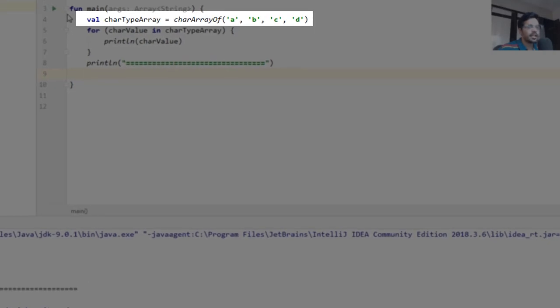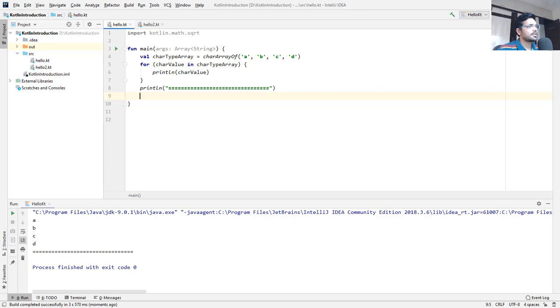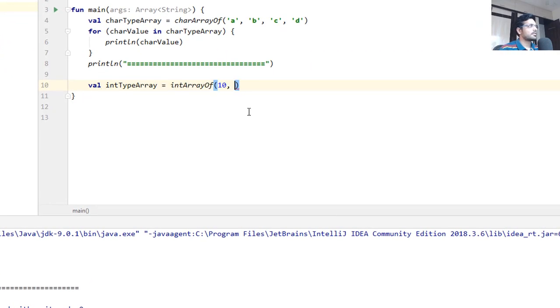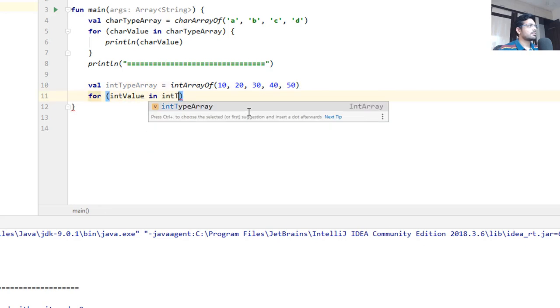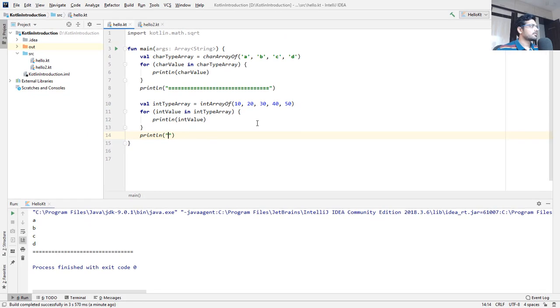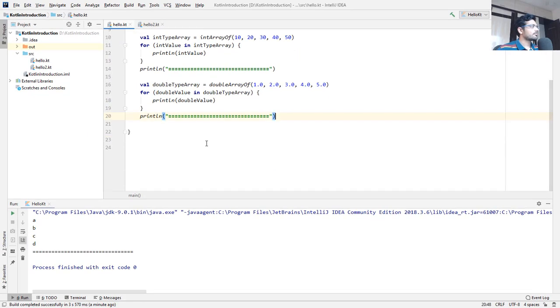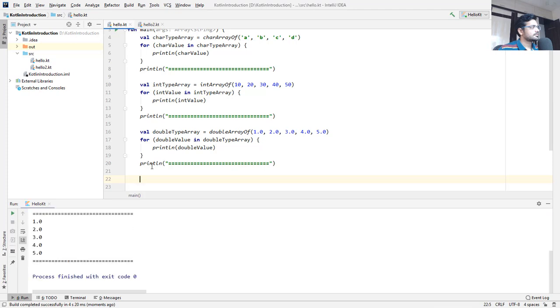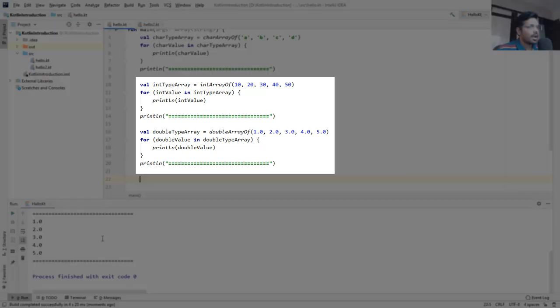This is how we declare an array of characters. And this is how it is done for int and double types.